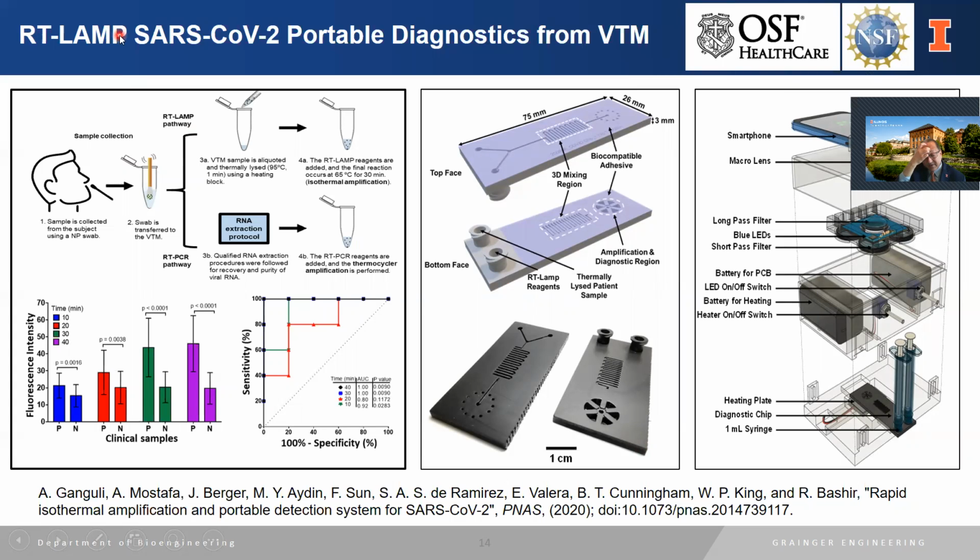So the sequence for SARS-CoV-2 came out on January 10th. And as soon as the sequence came out, many groups, including ourselves, looked at that sequence and we developed our own primers, which are the molecules that can recognize specific parts of the sequence to identify that this is SARS-CoV-2. This paper was published in late summer, early fall, but we were able to get samples from OSF Healthcare, viral transport media from patient swabs,